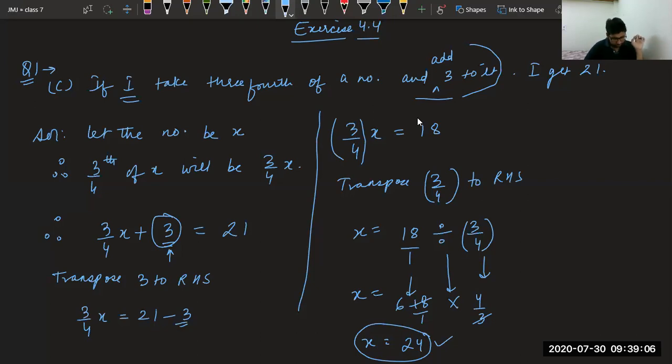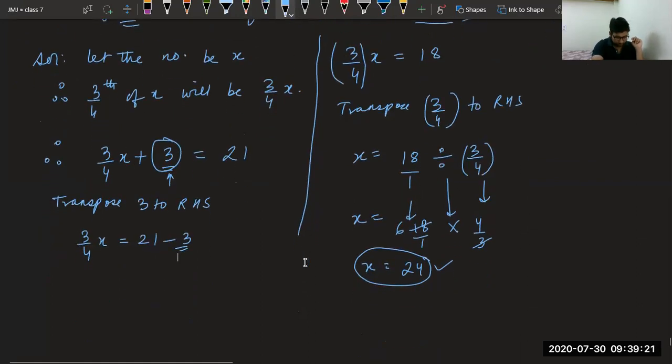Sir, do we have to write steps in the exam only if asked, or is it compulsory? It is compulsory. It is a responsibility from your side that you have to write all the things that you are doing. Don't ever wait for the examiner to ask. I have multiplied 4 into 18 and 72 divided by 3. Correct, Lavya, it is correct.